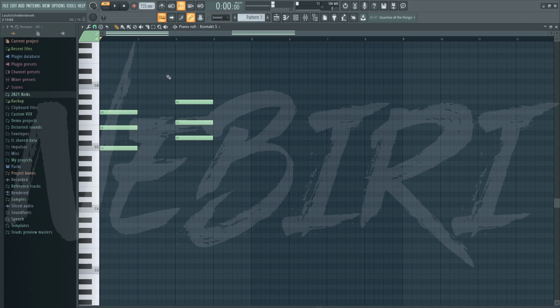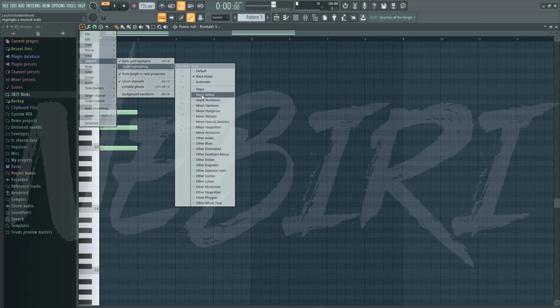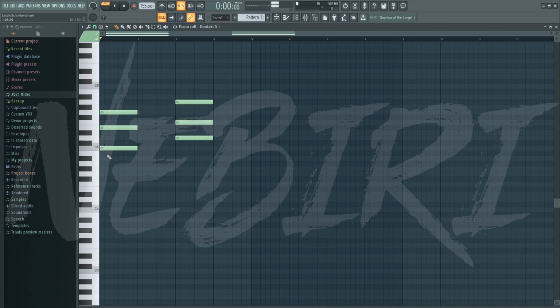So if you don't have this knowledge about how scales work and which notes are in the scale, or maybe you have a little bit less feeling for it, you can go down here and go to helpers, scale highlighting, and then you can choose whatever scale you want. For hardstyle, we tend to use just minor natural or major. I think I'm going to stick with minor natural for now. And what you see that it does is it just gives me all the notes that I can play for